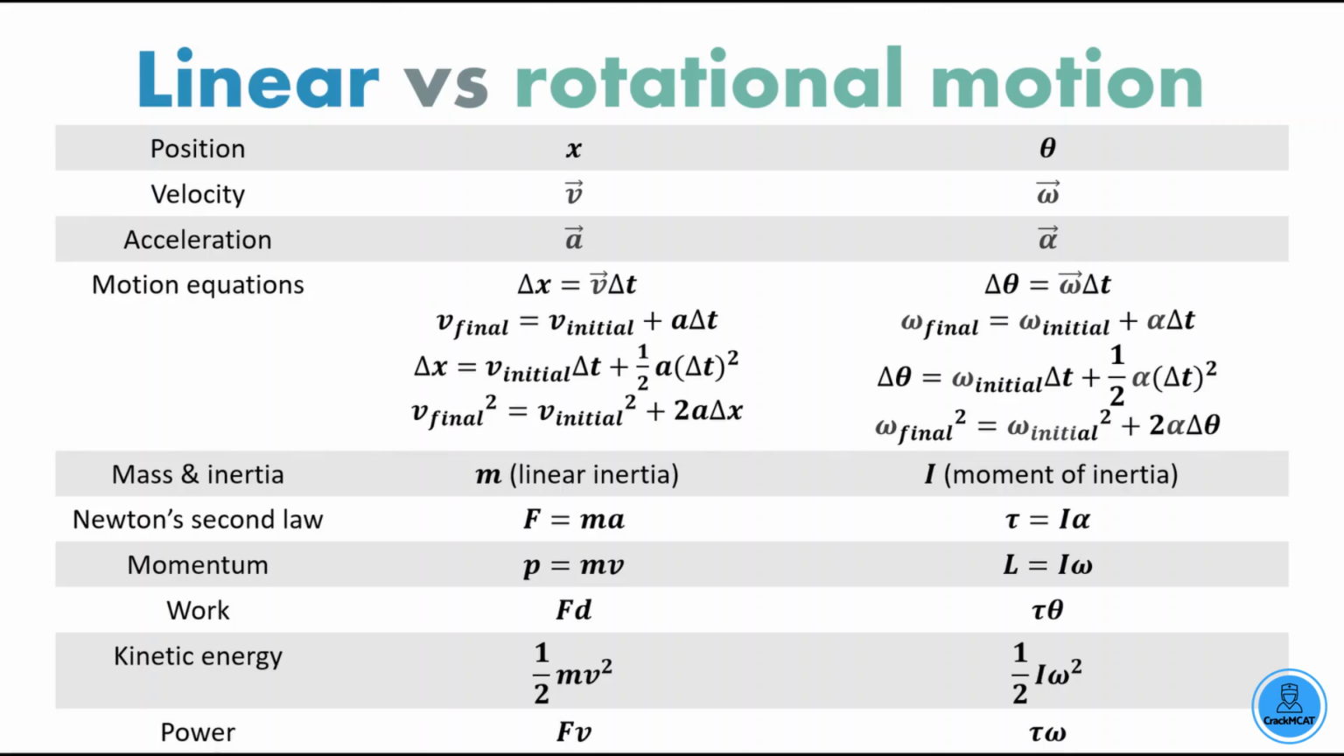Change in position equals velocity times change in time, and you just replace each of these equations with the variables. Final velocity equals initial velocity plus acceleration times time. Distance equals initial velocity times time plus 1/2 acceleration